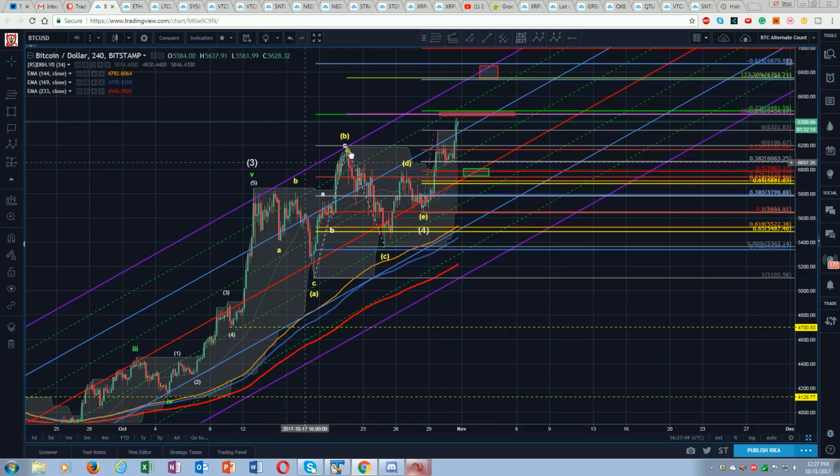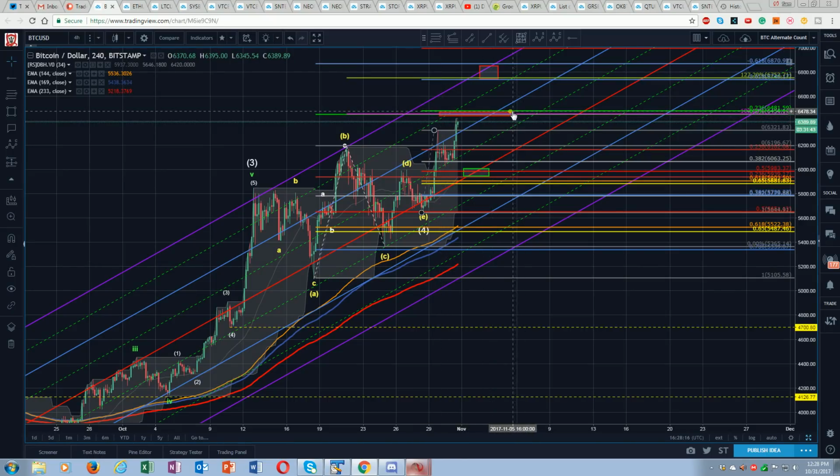Now, I think we have a good count on this, and we had been evaluating yesterday as to whether or not this was a 1-2 or we had a triangle for a CDE. I think that is the more likely count here with this as our significant low. And we can see now, I drew this little box here that we're approaching. I drew this yesterday, and we're starting to approach those levels where we have this nice